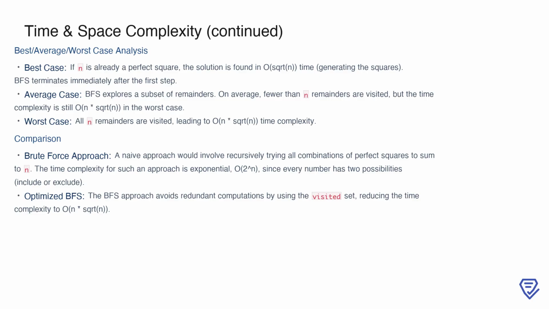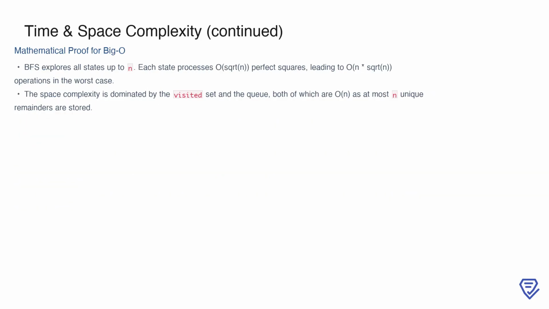BFS, on the other hand, avoids redundant computations through its visited set, reducing the complexity significantly to O(√n). Finally, let's solidify the time and space complexity with a mathematical proof. The BFS algorithm explores all possible states, and there are at most n unique remainders that can be visited. Each state involves processing all perfect squares less than or equal to n, which is approximately O(√n) operations per state. Multiplying these, we arrive at O(n√n) as the total number of operations in the worst